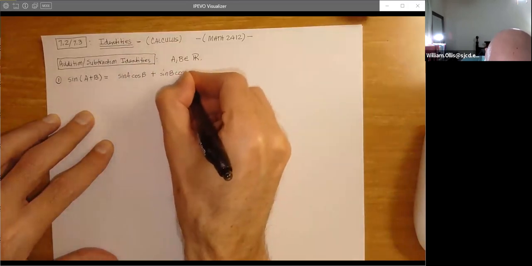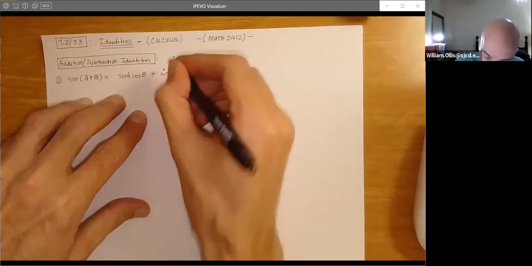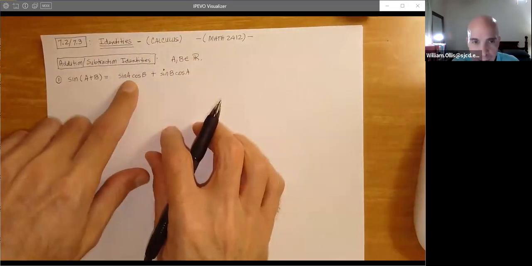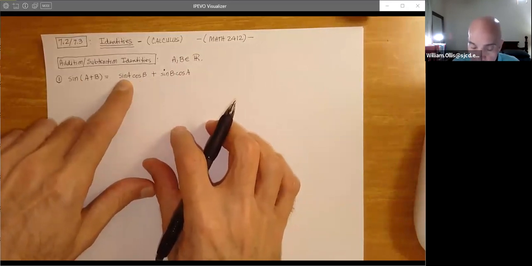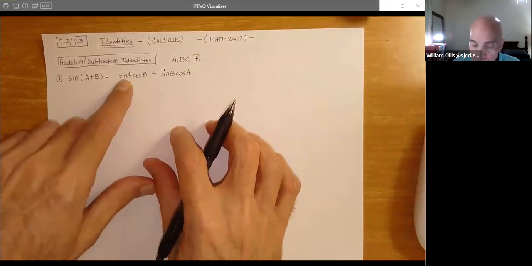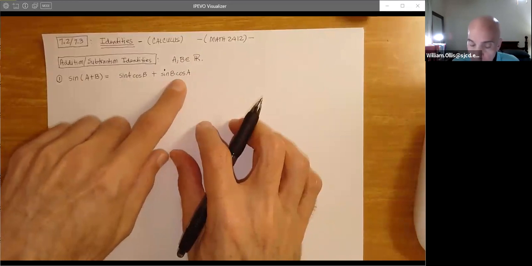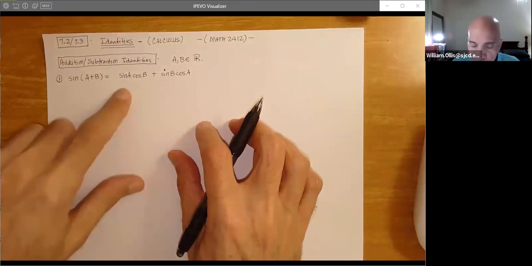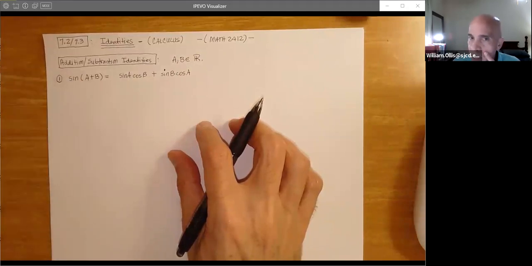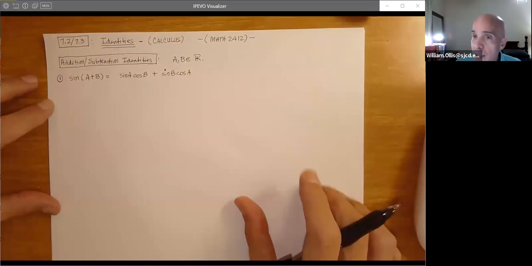Now, of course, you can write these in any order you like, but usually when it comes to the sine addition formula, I like to just basically show that what's happening is that the argument is switching. That is, you get a term which is the product of sine A and cosine B, and then the second term is the product of sine B cosine A. So the two arguments switch around. And this will form a list of identities, ladies and gentlemen, that you will use over and over and over and over, and you will basically commit these to memory.